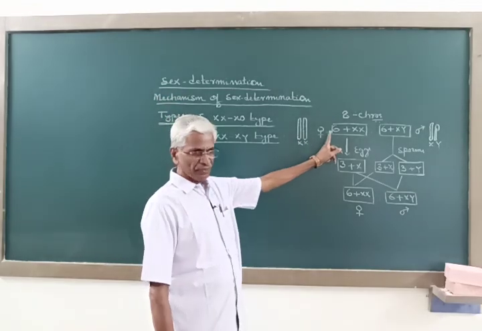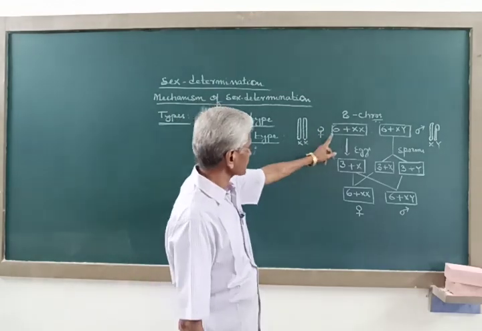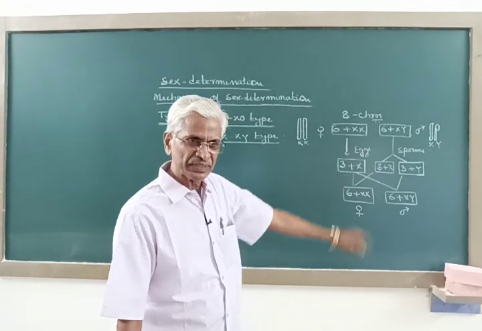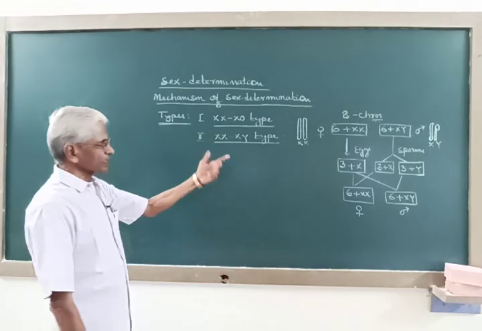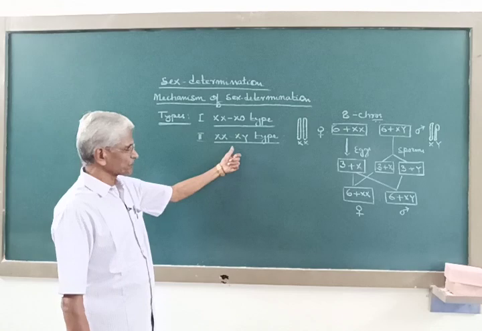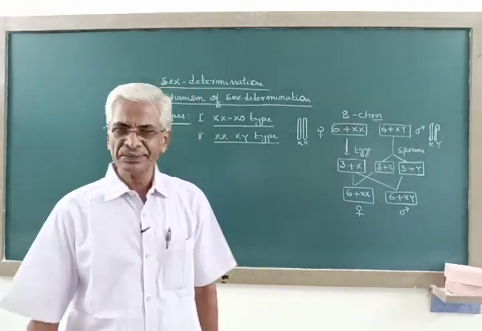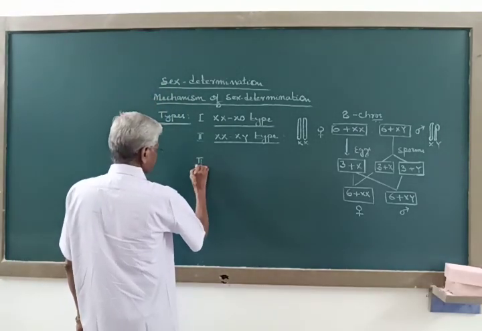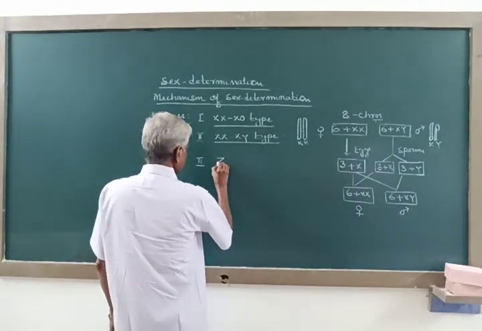heteromorphic sex chromosomes and it is heterogametic. So here female has homomorphic sex chromosomes and is homogametic, whereas male has heteromorphic sex chromosomes and is heterogametic. So these are the 2 popular illustrations of this type of sex determining mechanism called XX-XY type. Now the third type of sex determining mechanism is